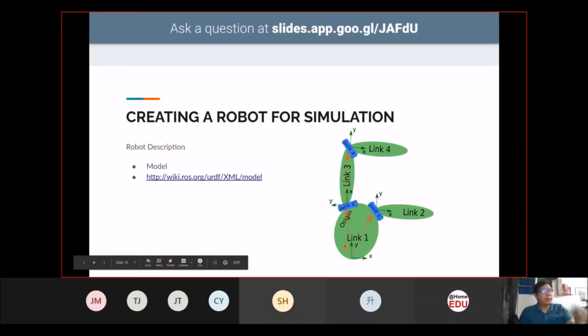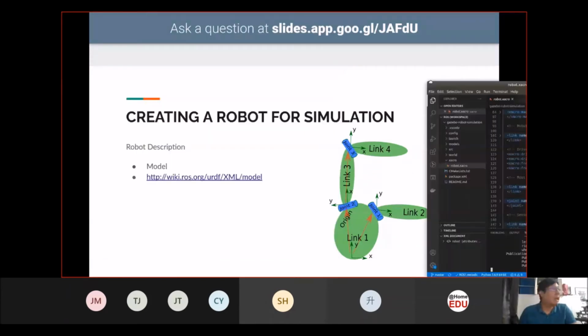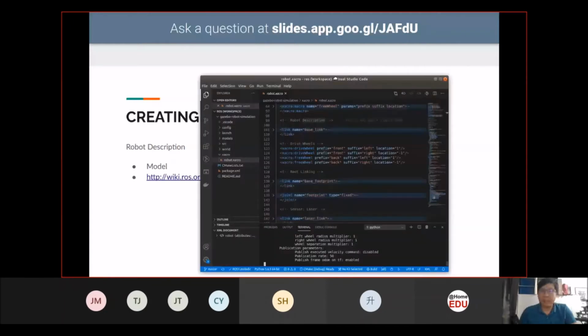Then from there, you have different links. So if you look at the robot, we have the center rectangle base over here. That's a link. To develop a robot like this, I will just share the code itself. If you are not sure about what I'm explaining here, you can always drop me a question inside this slide, if you have any queries.